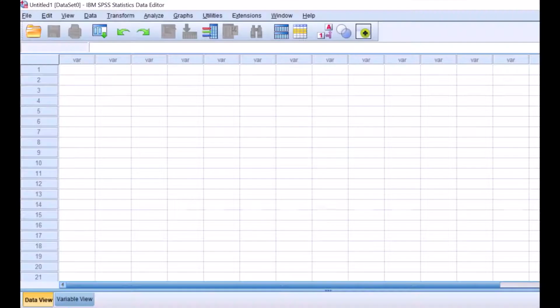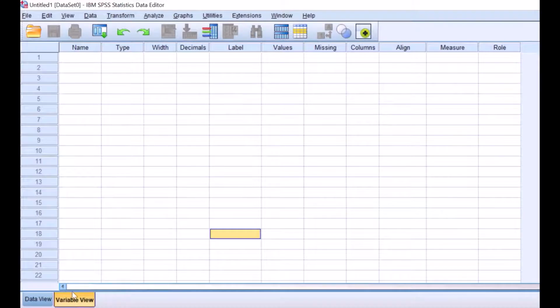Now I come to the variable view. We can see that on the variable view, there were a number of headings: name, type, width, decimal, label, values, missing, column, align, measure, row. I'm going to concentrate on the most important ones so that we can explore the other ones later. But I'll highlight anything you need to be able to code